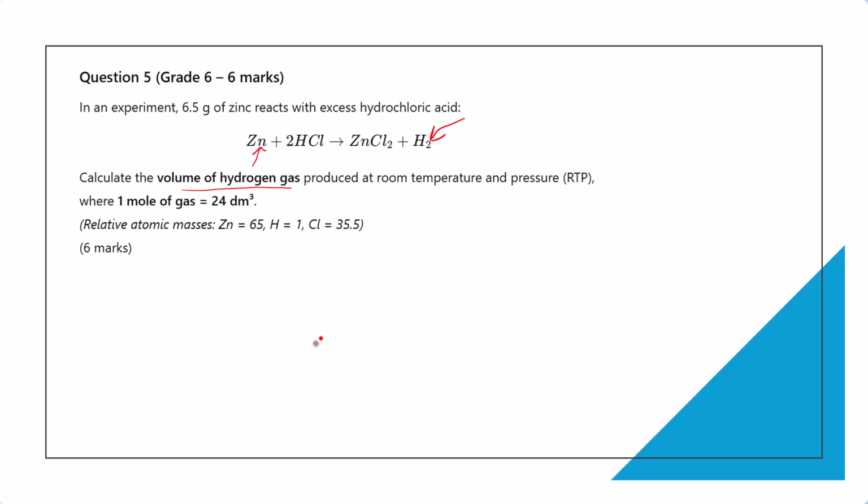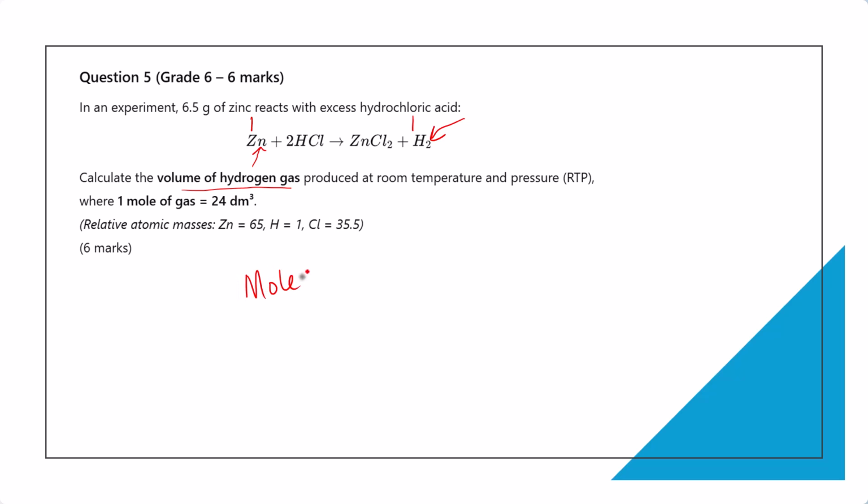We can use that zinc to help us because the equation has been balanced. And what that means is that for every 1 mole of zinc, you need 2 moles of HCl to get 1 mole of zinc chloride and 1 mole of hydrogen gas. So the ratio of the moles of zinc to hydrogen is 1 to 1. That's the first thing. So if I can work out the exact moles of zinc that was used,